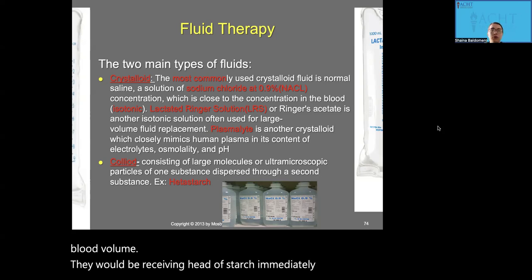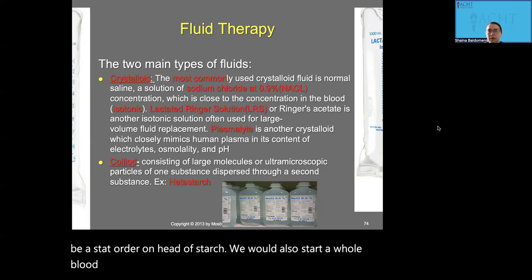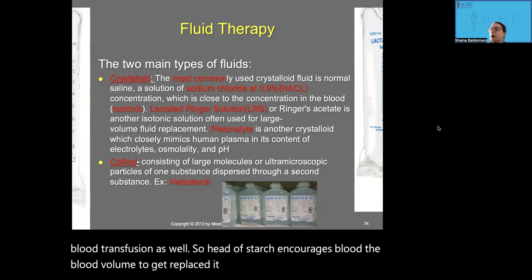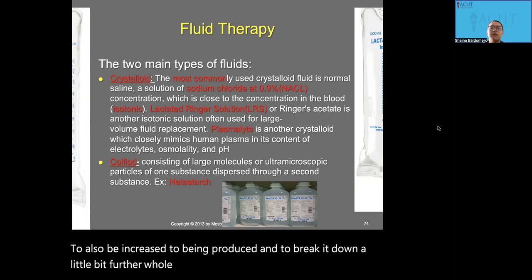That would be a stat order on hetastarch. We would also start a whole blood transfusion as well. So hetastarch encourages the blood volume to get replaced. It encourages plasma to also be increased to being produced. And to break it down a little bit further, whole blood consists of plasma, which is the protein, and compressed